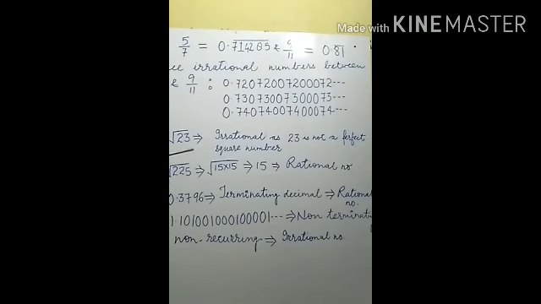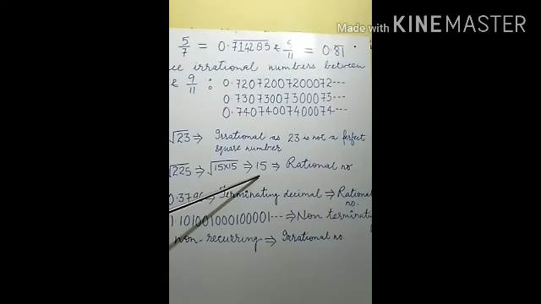Now go to the second part. Square root of 225. If you find the square root of 225, it can be noted down as 15 into 15. If you multiply 15 into 15, that will be 225. Under the square root, if a pair is there, we have to take only one element out of the square root. So one element will be taken from the square root, and that is 15.